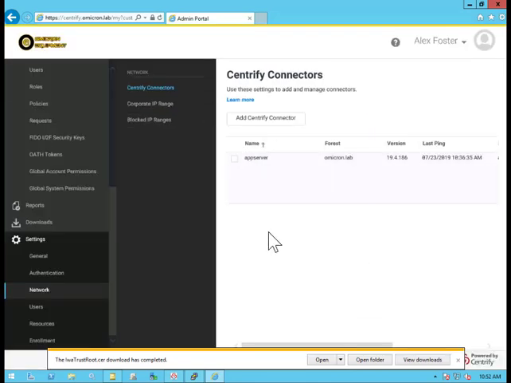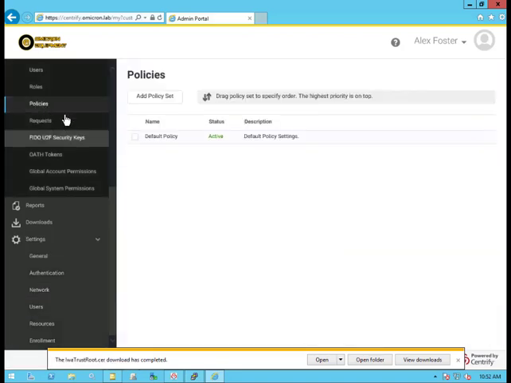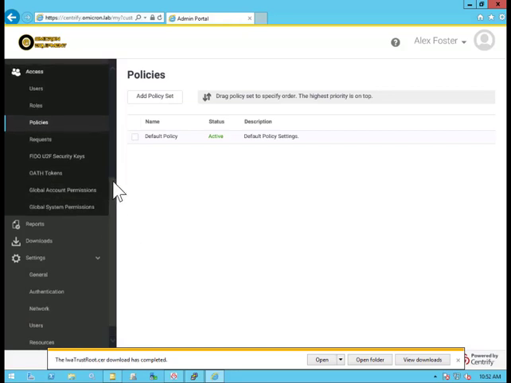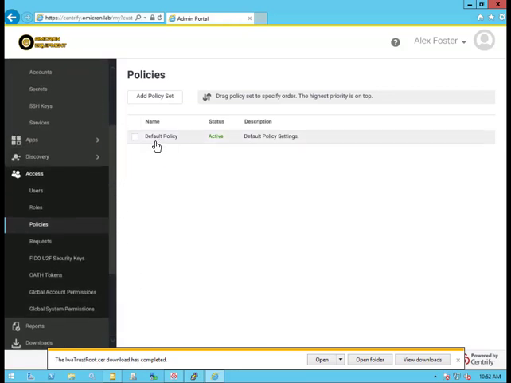Now at this point, we have to make one additional change, and that is within the policy. So I'm going to go over to Policies. It's found under the Access menu. And as you can see here, I only have one default policy. I've been using this throughout this training. If you have multiple policies, obviously whichever policy applies to your multi-factor authentication for the computers will have to apply in this particular instance. Since I'm only using the one, I'm going to go back to